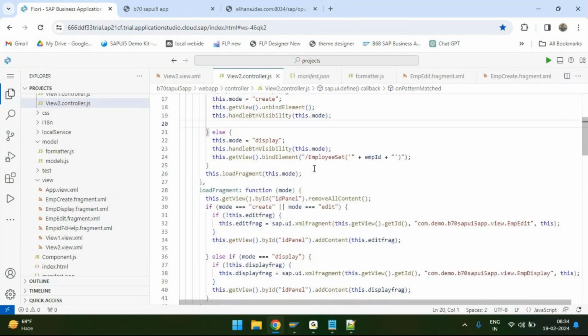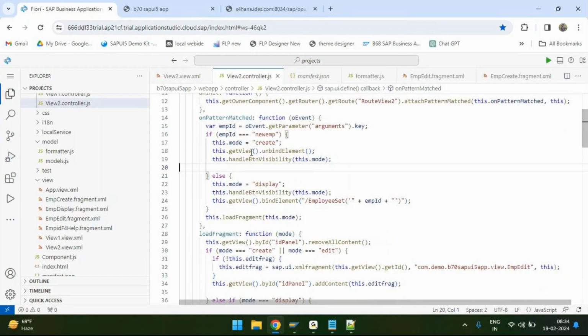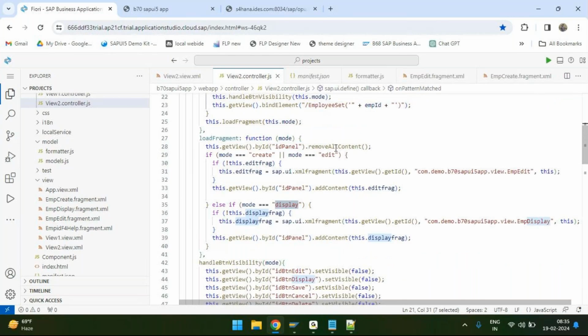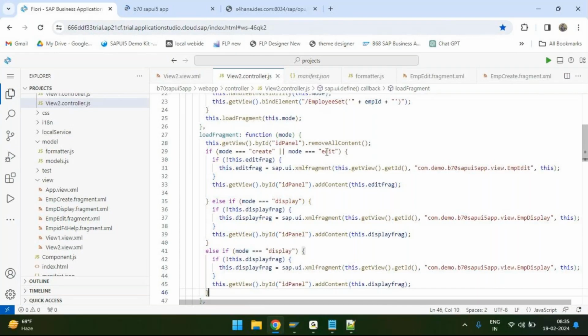So since we are doing this separate fragment, you don't need to unbind the element. So not required because we are going to a fresh fragment now. So I deleted that statement. So this is a create and this is a display mode. Now coming to here, when you are loading the fragment, here also we need to change with one more if and else if. So else if the mode is edit, sorry, not edit, create. If the mode is create,